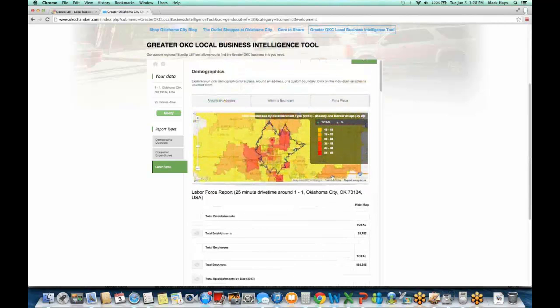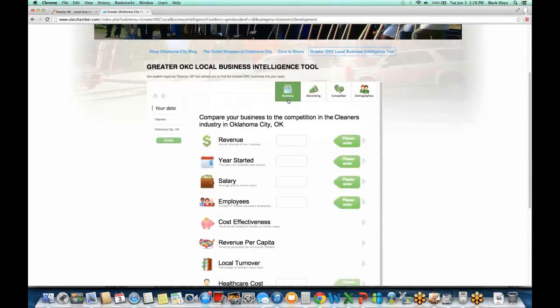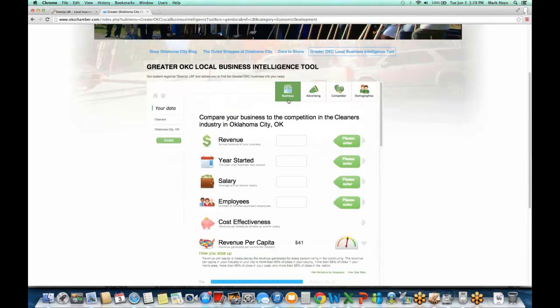So lastly, the benchmarking I talked of. So maybe, like you said, there's a manufacturer or something that says, I don't do business with people within the community. I do it nationally or internationally. Whatever the case is, they can get into this section and benchmark themselves against what people are doing, all the way out to the nation, but just state level, metro level, or city, county level. So it would just depend on what you needed. The tool's going to have something for you.